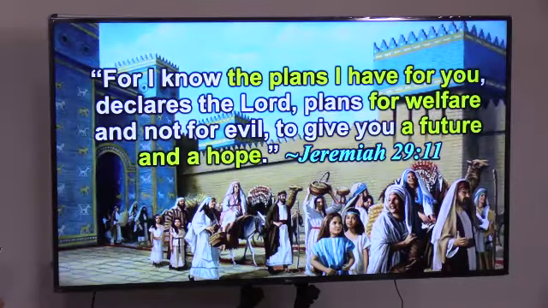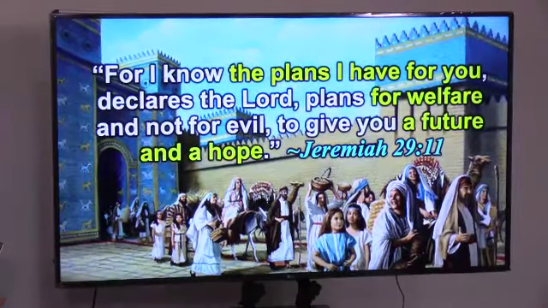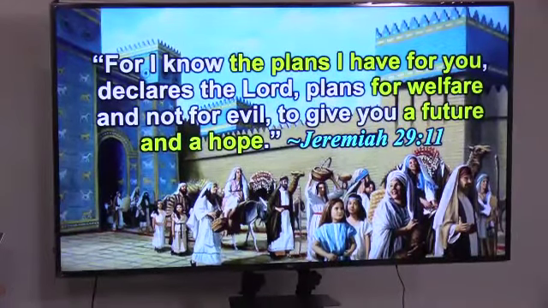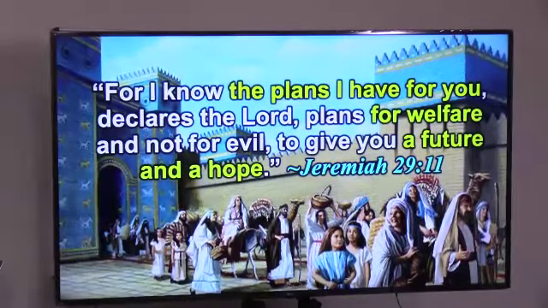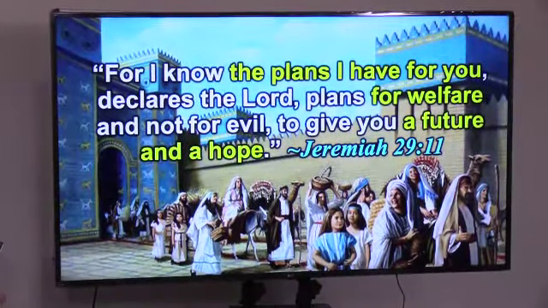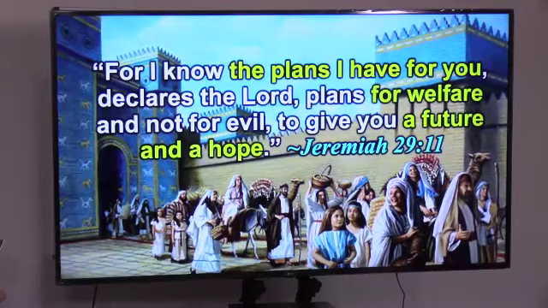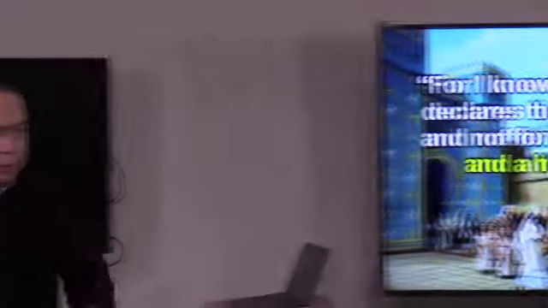Jeremiah 29:11, for I know the plans I have for you, declares the Lord, plans for welfare, not for evil, to give you a future and hope. A very popular text. Everybody quotes this for their lives. The context is not about the lives of people today. The context is about the people of God taken into captivity in Babylon. I have plans for you. I will bring you back. You rebuild your temple. You will be built as a people again, so that the Messiah will come.